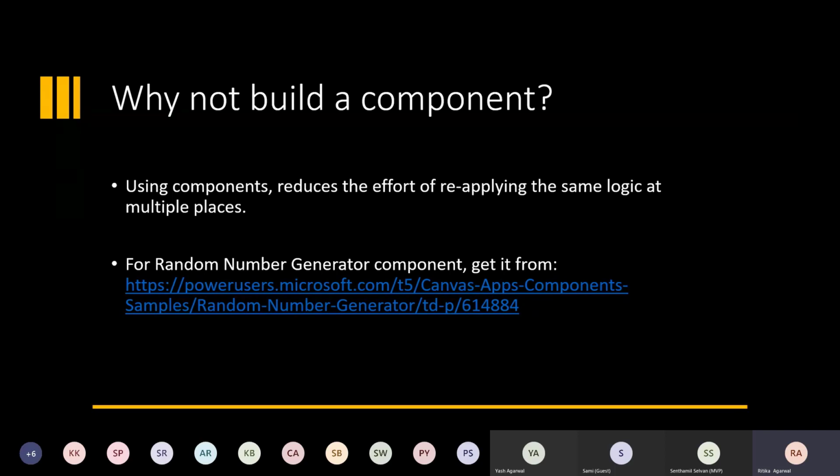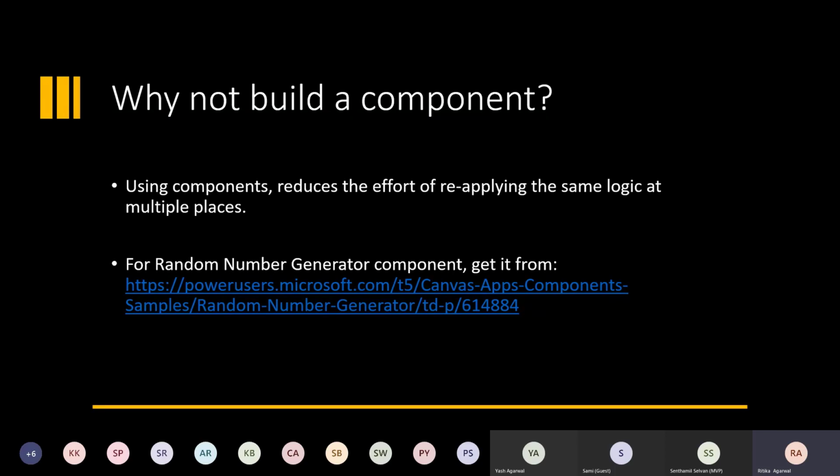In case you want to apply the OTP functionality to 10 different apps, you can use this component in all of these, and it will save you some time. Plus, if there are any changes that you want to apply to this component, they can be done at once. To apply those changes, you'll have to publish your component to the component library first, and then it will reflect on all the applications.